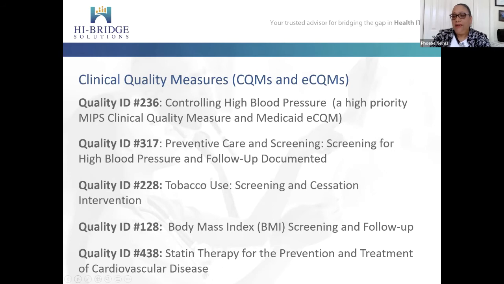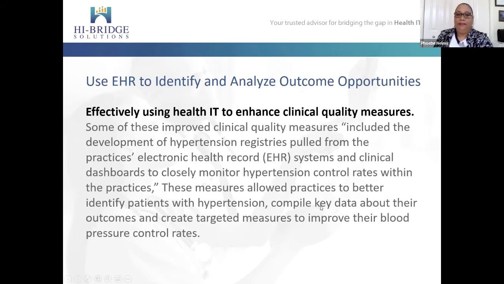And then also by looking at your population level data, you can identify maybe some gaps, some patients that might be falling through the cracks in some areas. So there are many opportunities to use the functionality that exists in your electronic health record to help improve the outcomes for the patient. So as we move on to the next slide,